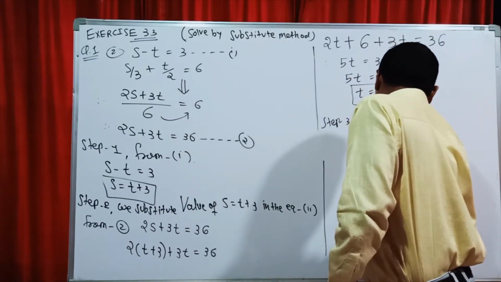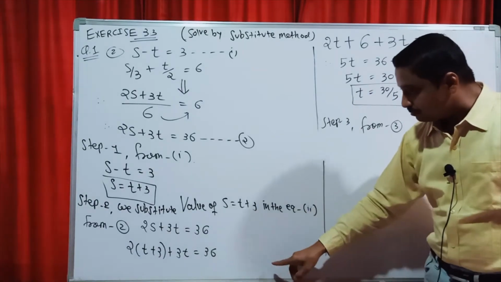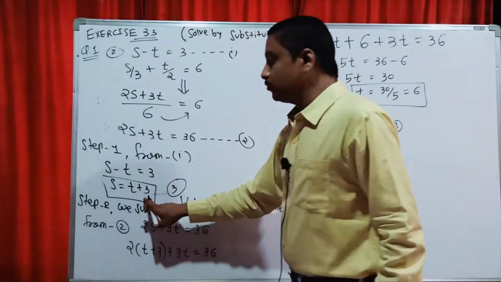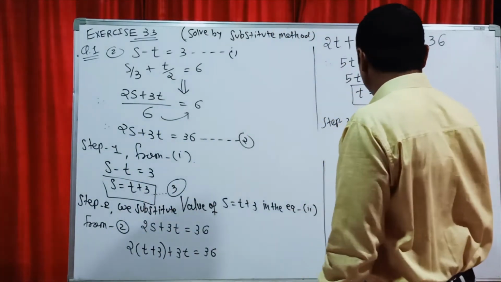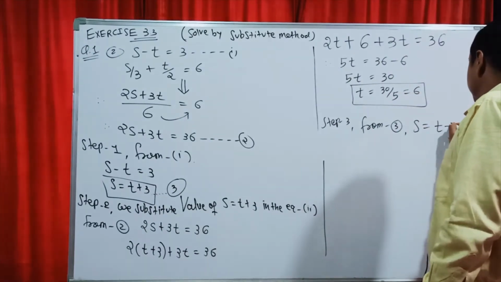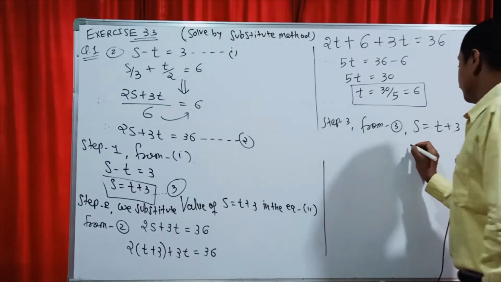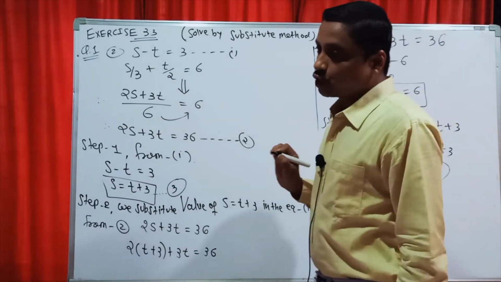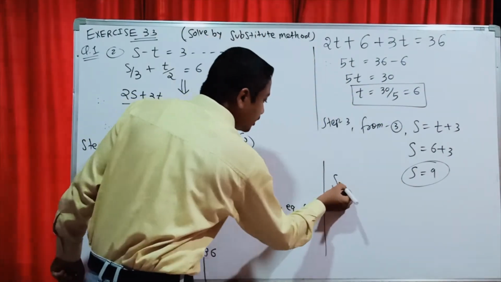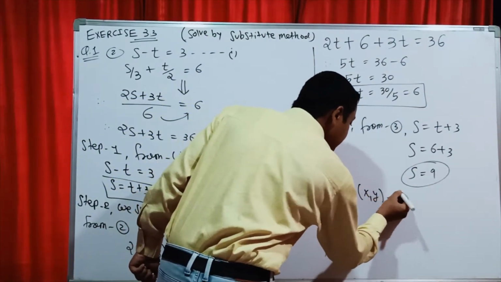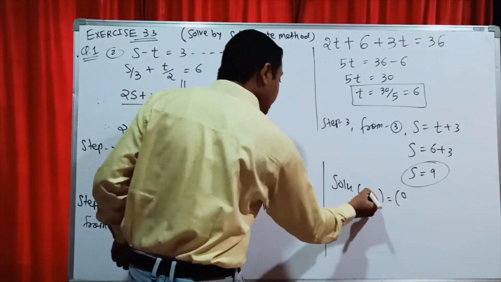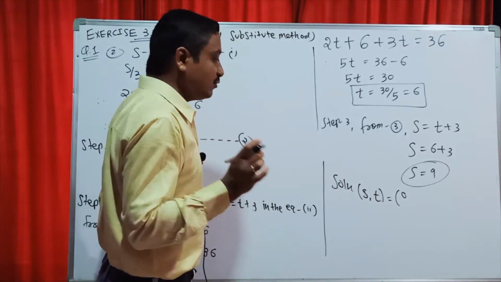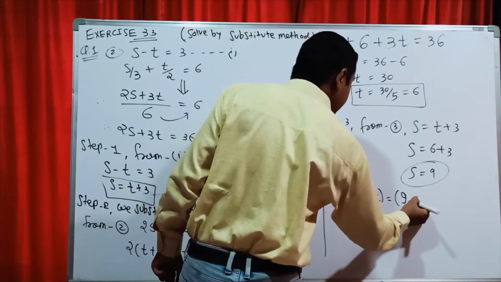Always start from 3, because the third equation is the best way to utilize. Sorry, by mistake I did not put the third equation. Just focus on equation number 3. So from 3, your s is equal to t plus 3. Yes students, putting your t, you easily get your answer s is equal to 9. So finally my solution is done. Not x comma y, here s comma t, because s is your given variable, t is your variable. s is 9, and t is 6.